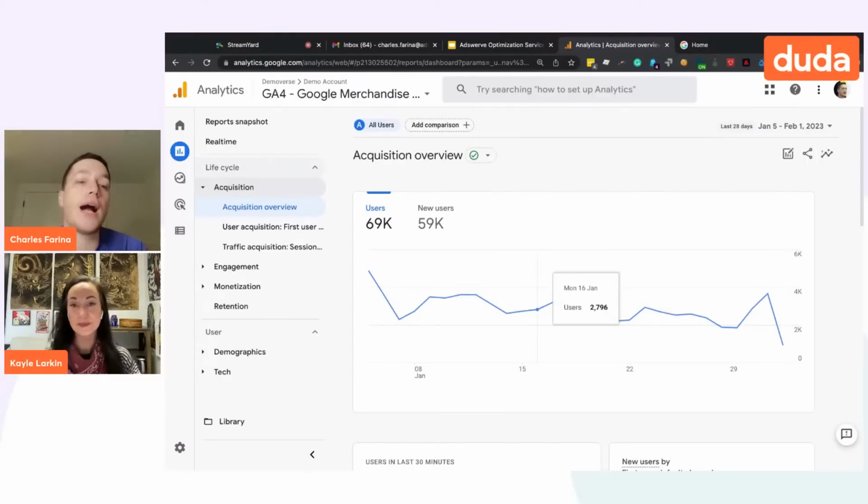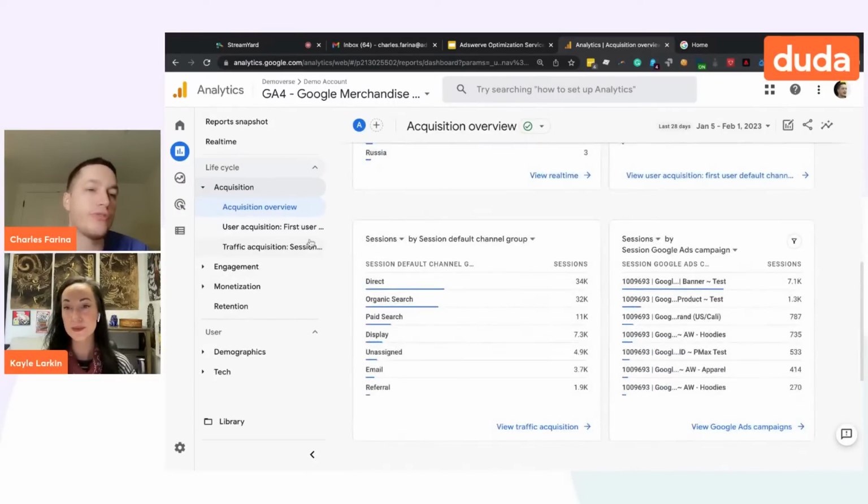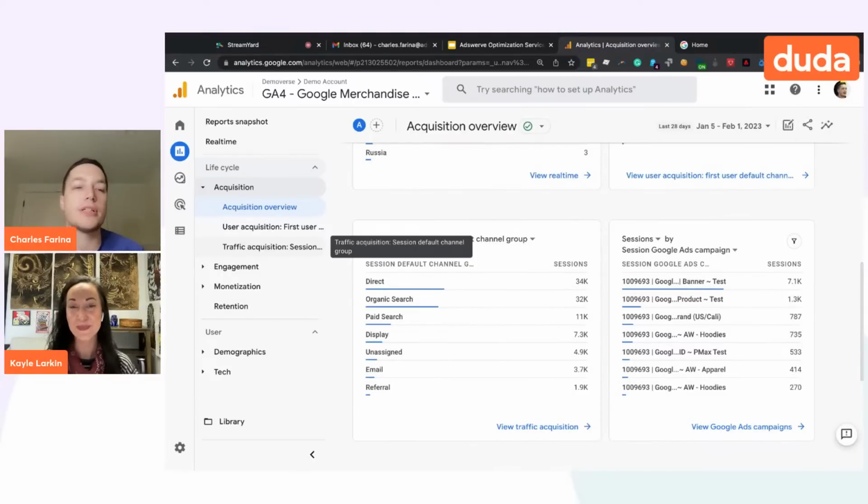So in here, I just wanted to start from a high level that at first glance, if you've used Google Analytics in the past, this probably looks very similar to Google Analytics. But as we're going to go deeper today when we explore the best practices about reports, if you take any bit of a deeper look, you're quickly going to realize that almost everything about it's different. The reports are different, the way the data is organized, the way you navigate around, the way you find things, everything about it's different. But to start off with, as Kayle mentioned, we wanted to talk a little bit around implementation and best practices around that.